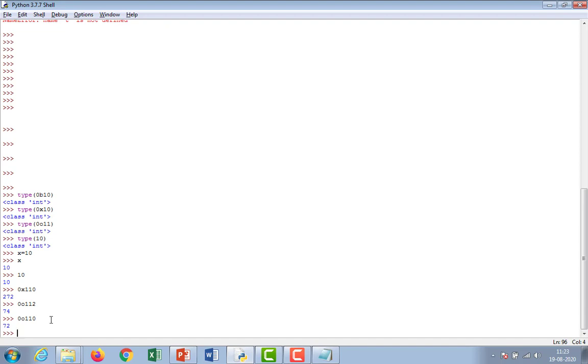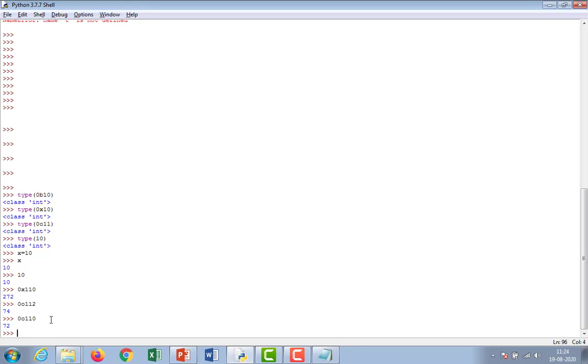Next concept, floating point numbers. The float type in Python designates a floating point number. Floating point values are specified with a decimal point. Each and every time, float values are specified with a decimal point.